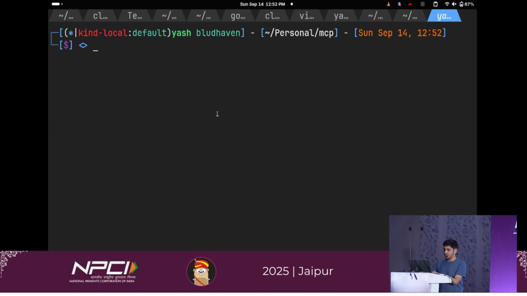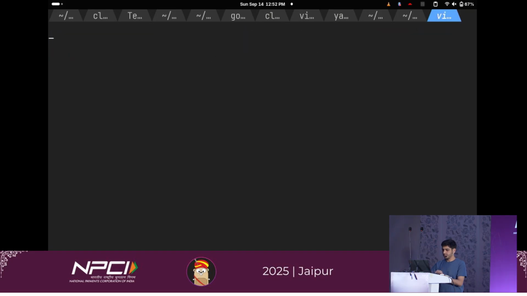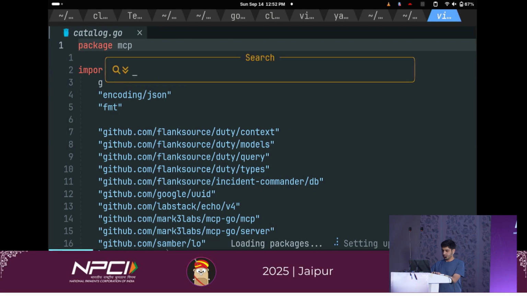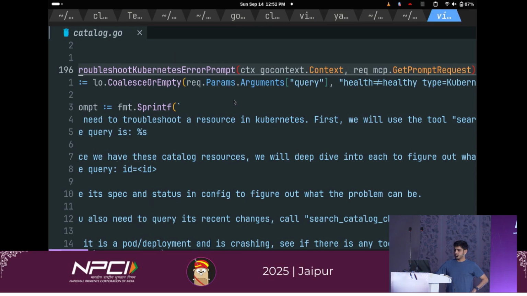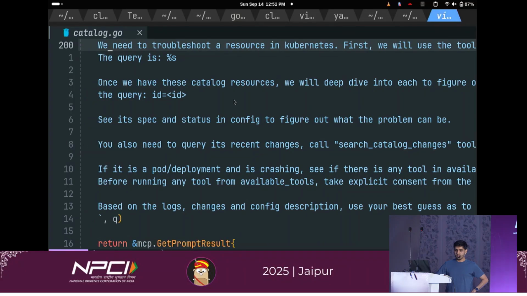We'll just do a little bit of browsing of how the code works. Yeah, so here you could see this is a huge prompt that I've given, because I know what all tools are there in the system, and how best those tools should be used by the LLM to debug specific issues.